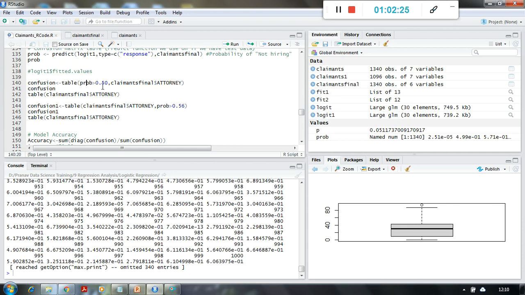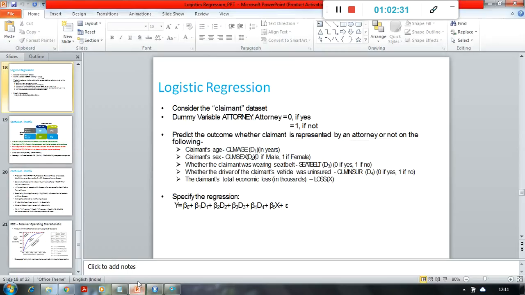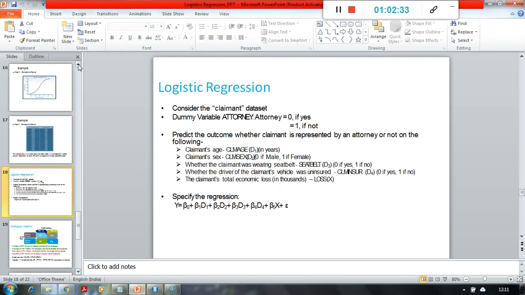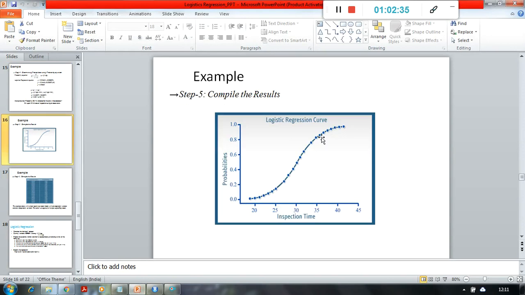So the important terminology over here is the cutoff. Where to put the cutoff? As I said, when we get all the probabilities available with us like this, then we need to find out the cutoff, and the default cutoff was 0.5. So anything above 0.5 will be classified as 1. Anything below 0.5 will be classified as 0, right?